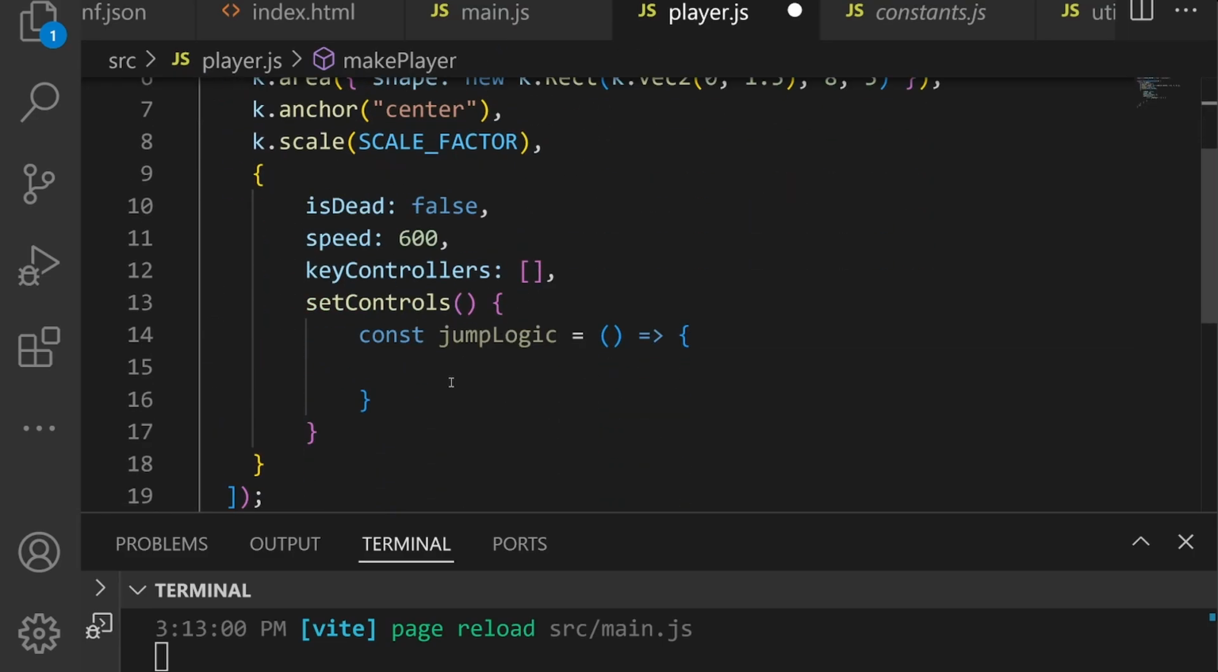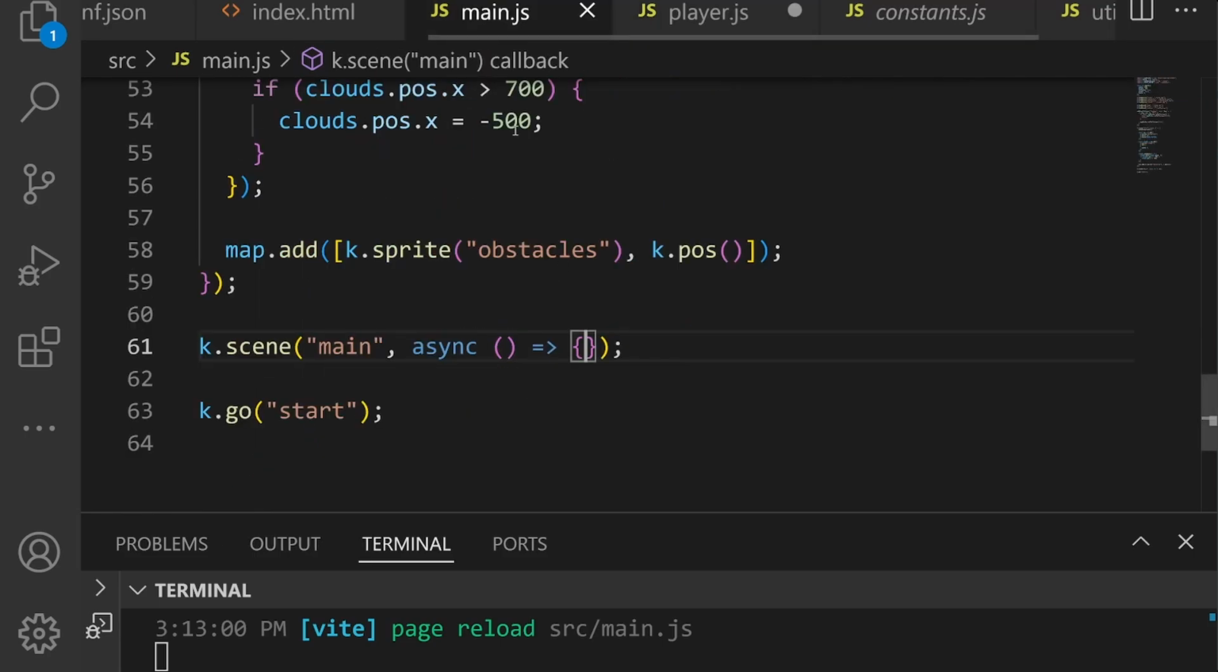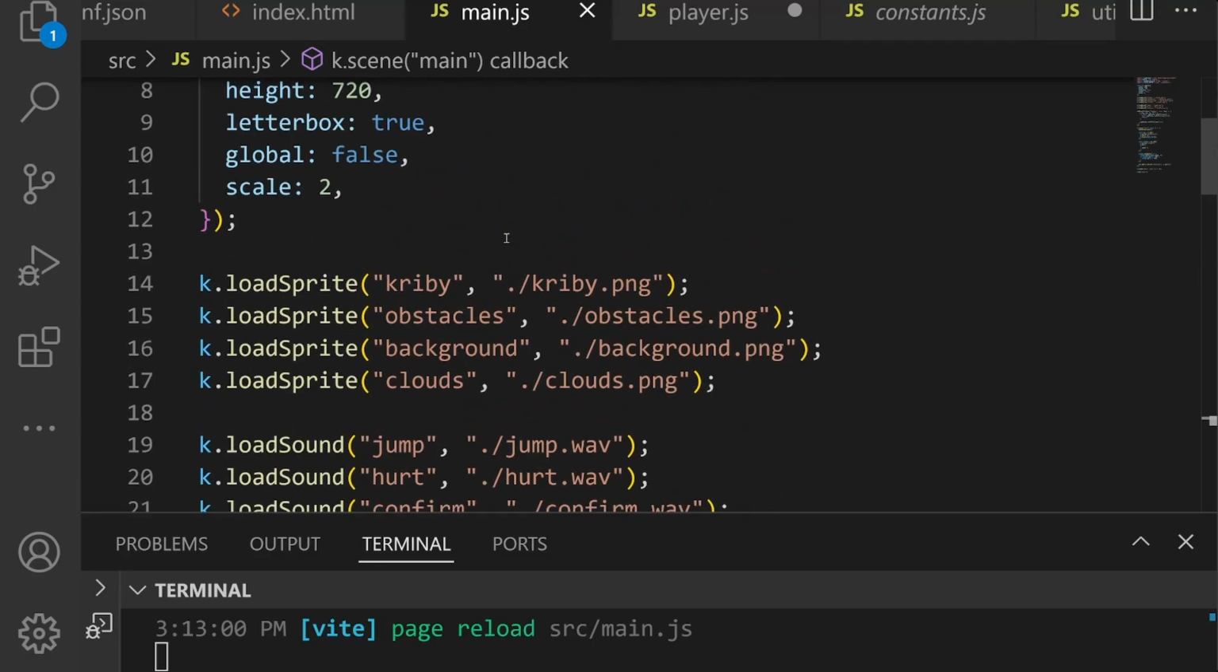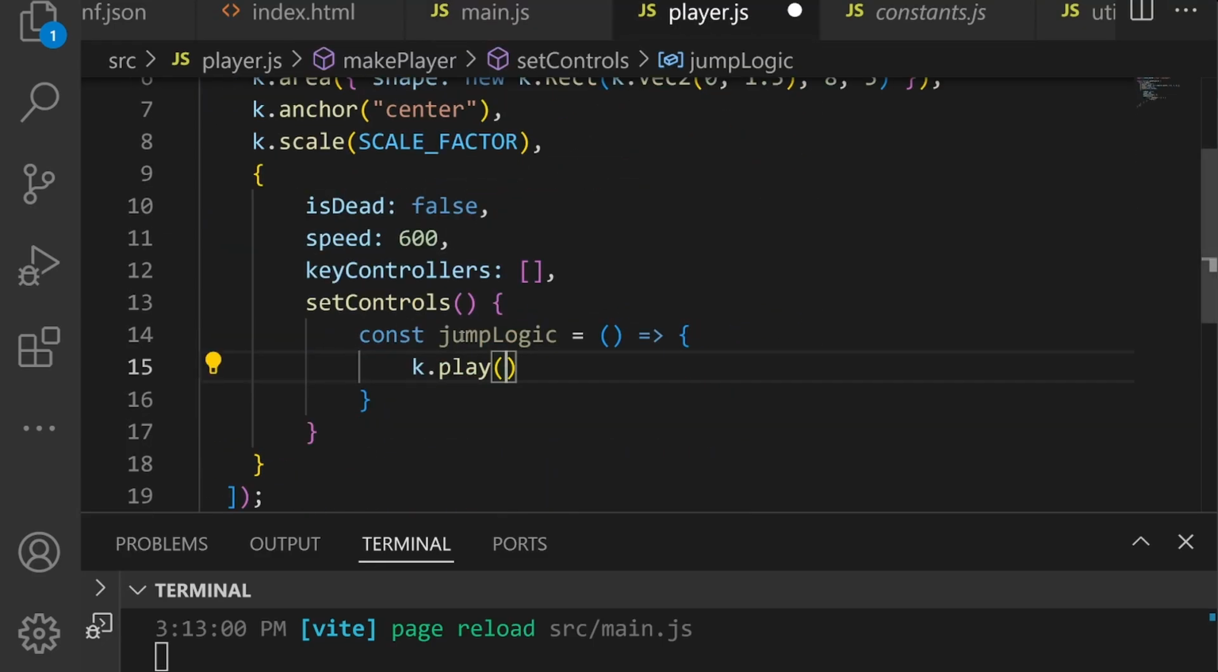This is a personal preference, and you can feel free to do what you want. And here we're going to play the sound. So here in main.js, we imported the sounds for the various situations. So when the player jumps or gets hurt, and here when we set the control, when the player jumps, we